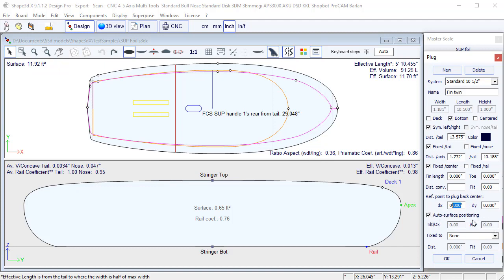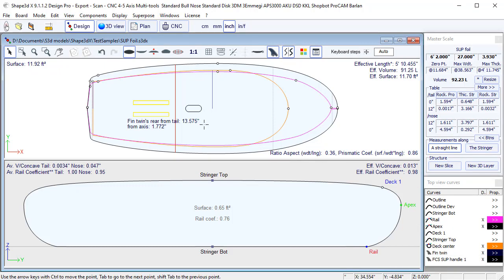There is still this auto positioning function, which used to be the default, which means that we stick the plug to the surface of the board, but you can uncheck this and change the way the plug is settled. And there is this new feature here, which is fixed to, which means you can fix the plug position to the position of another plug. This is used for foot strap inserts, for example. Okay, and